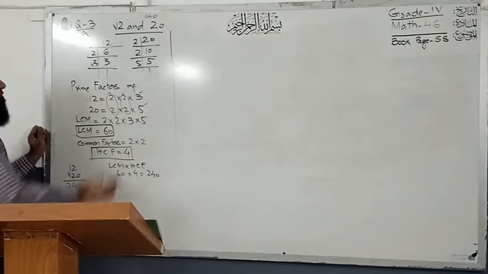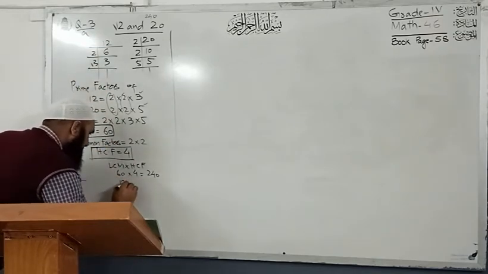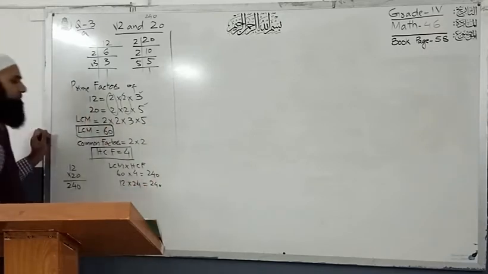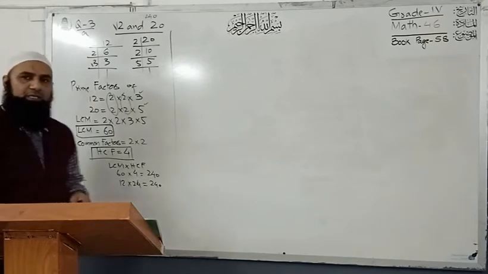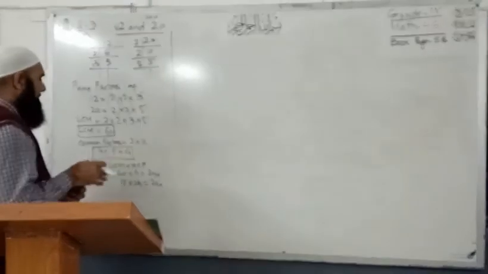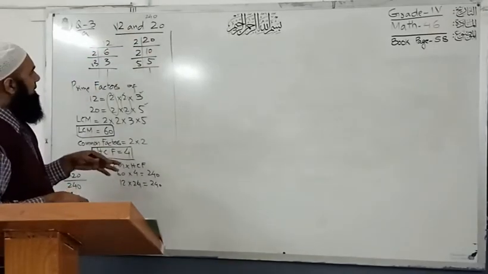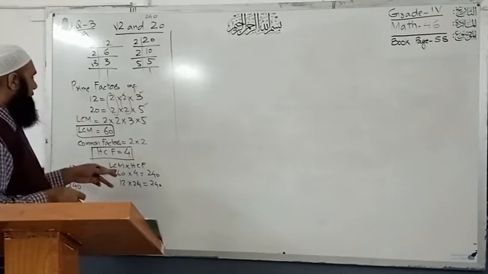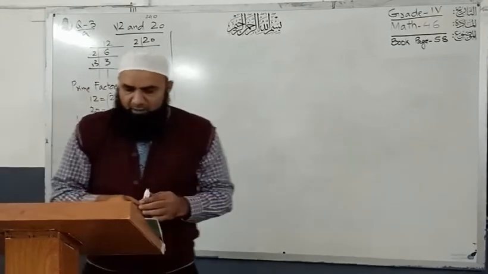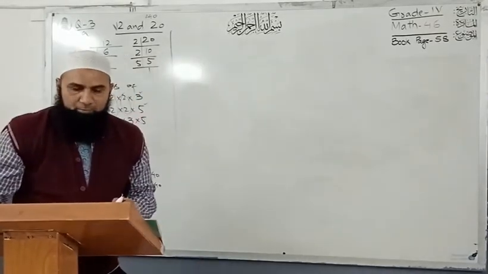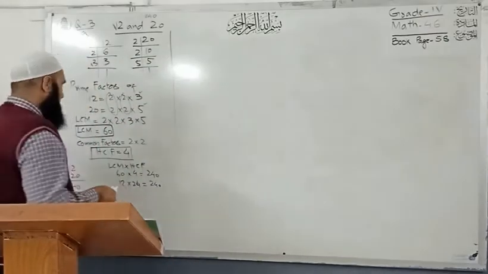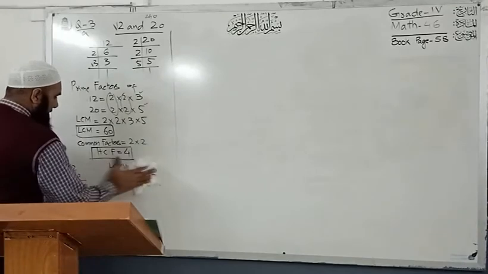It is 240. Okay? 12 multiplied by 20 is also 240. So this is your test that your LCM and HCF are correct. Multiply the given two numbers, and this should be equal to the product of their HCF and LCM. This is extra work, maybe used in question number 5, but you must keep in your mind that you can test your answers by this method. For this time I am ignoring this.